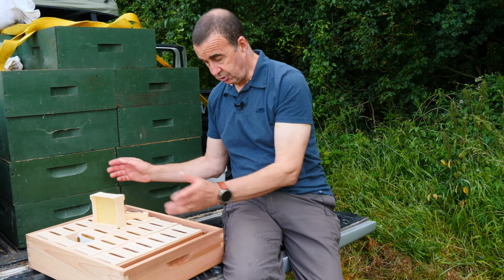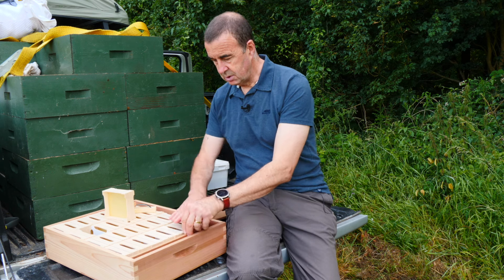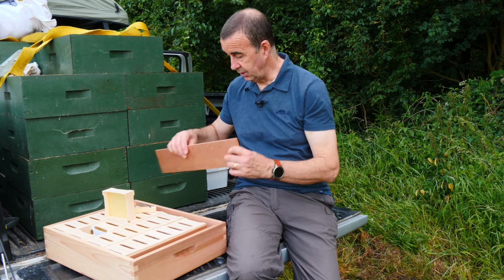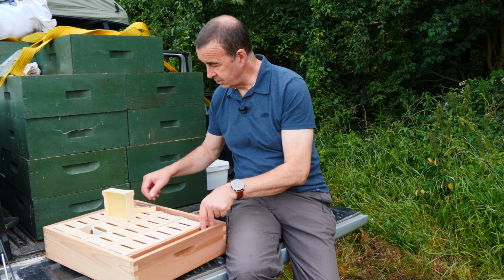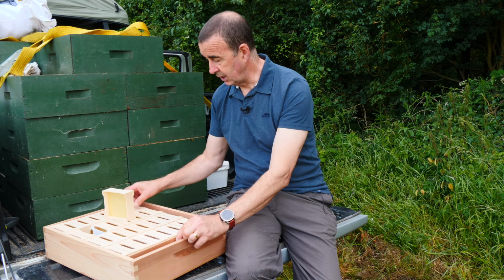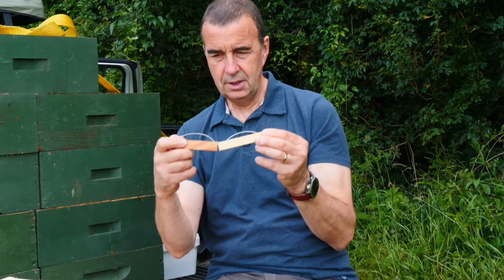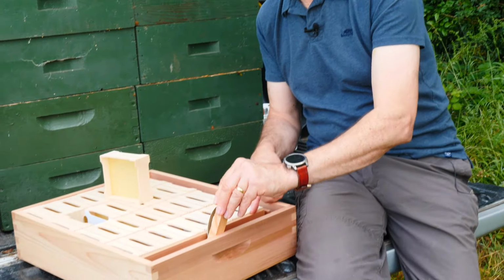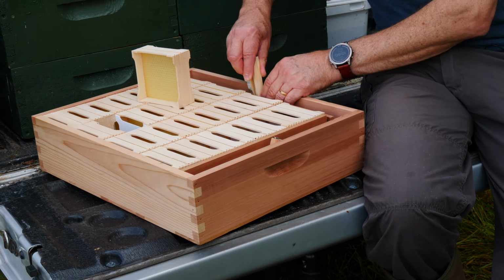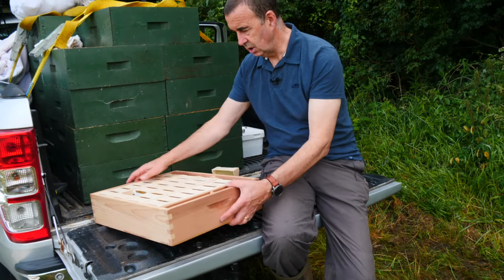And just to illustrate really how it all fits together, because all of these boxes are different shapes, you have these blanking plates which fit in at the end and the side. And then you have these rather ingenious little spring-loaded clips that push down the side and just hold everything together in place. And you'll see that one is probably higher than the other, and in this instance I'm using the taller one in the bigger gap down the edge, and then this one down the narrow side along the length of the box. So if I hold this up, now that I've got that secured, I can show you the bottom,